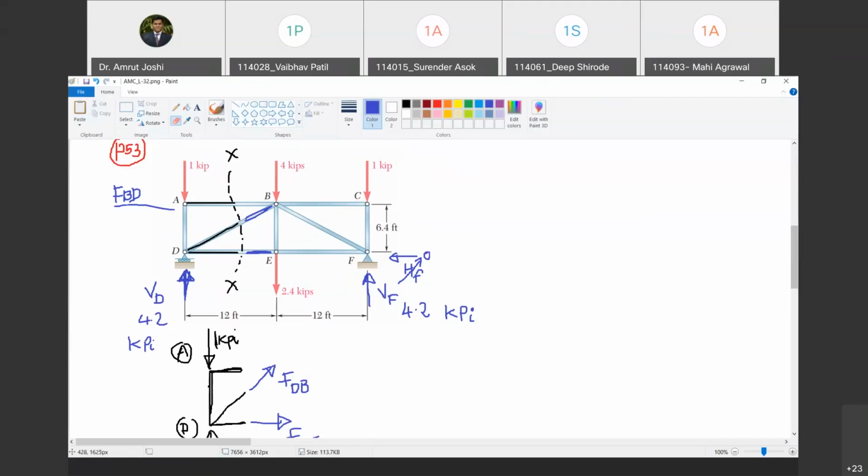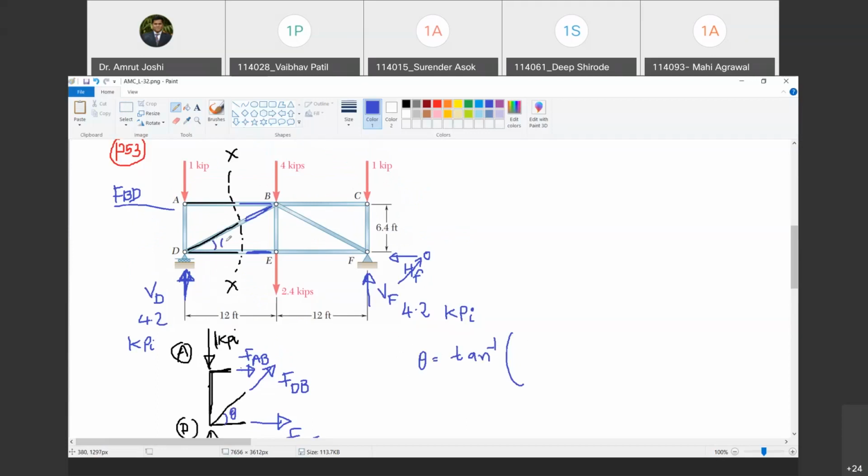Now I'm going to show the force exerted by the part of member AB marked in blue on the part of member AB marked in black. Are you with me? Yes, sir. And that force I'm going to call FAB. I assume it to be tensile and therefore pulling the member. Happy? Yes, sir. Now, can you tell me what is this angle theta? So let us calculate theta now. Theta is equal to tan inverse of, tell me, what should I write?